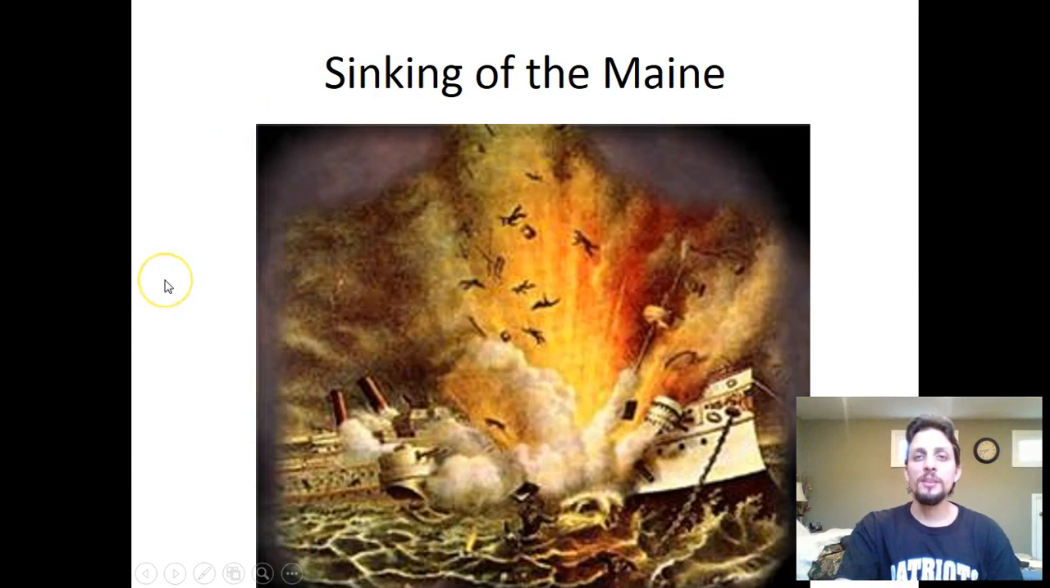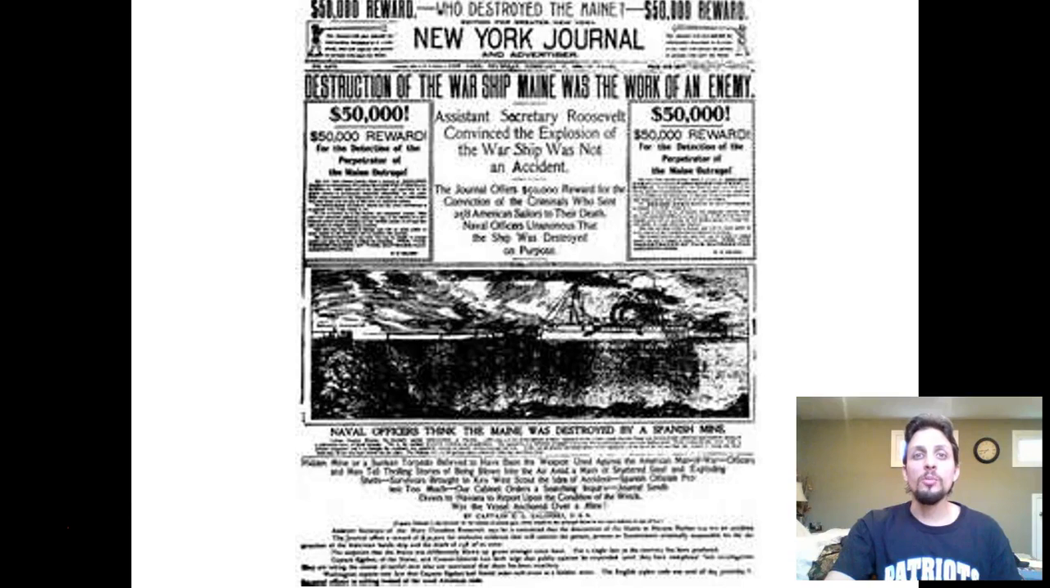The USS Maine is an American warship that was stationed off the coast of Cuba in Havana Harbor. Now, what happens is that it gets sunk in 1898. So when the USS Maine is sunk outside of Havana Harbor, the press kind of takes it and just runs wild with it. And they, of course, are going to blame the Spanish, as the Spanish have torpedoed the Maine